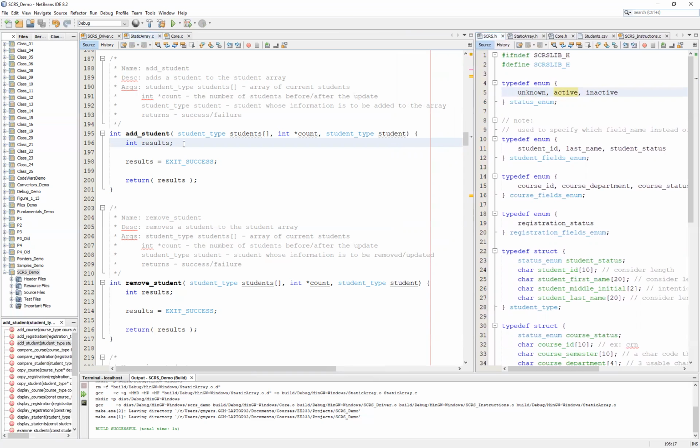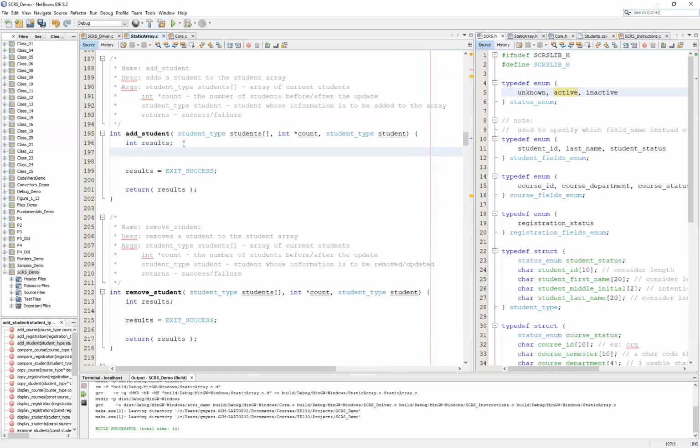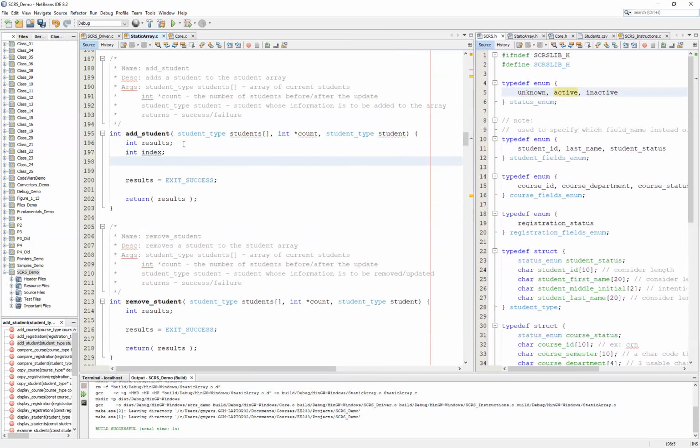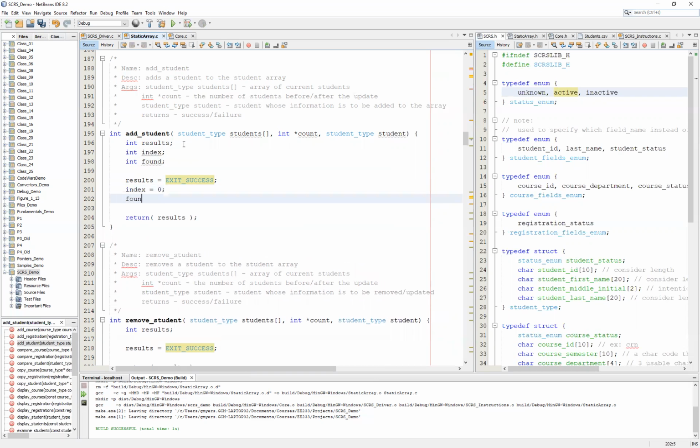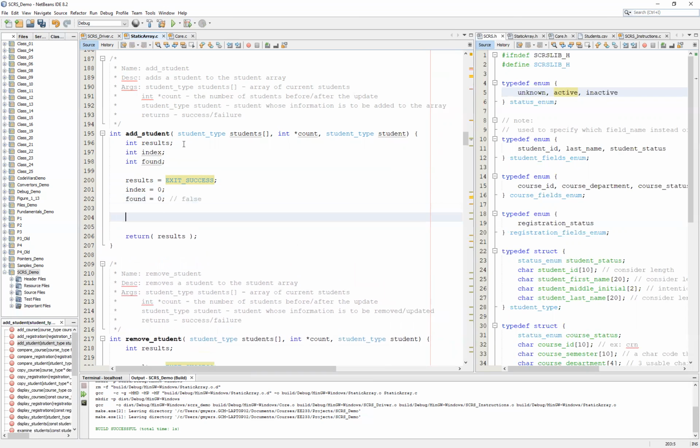So let's go ahead and get started here. We'll start by adding some temporary variables. In this case, we're going to be interested in our index as a way of looping through each one of the students in the students array. We'll probably also benefit from having a found integer that will basically act as a flag that we can use to determine whether or not we did find a matching student ID. And at this point, we simply want to initialize these. So our index will be equal to 0, and our found will be equal to 0, which in this case is going to act like false, and then we can simply set up a while loop